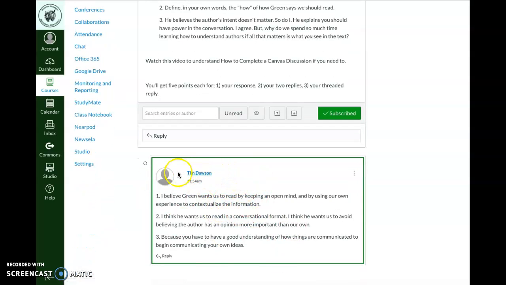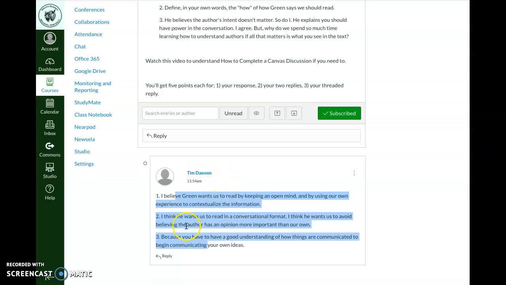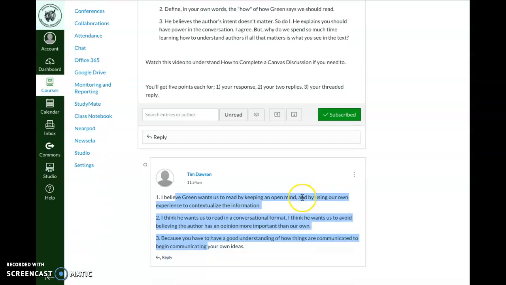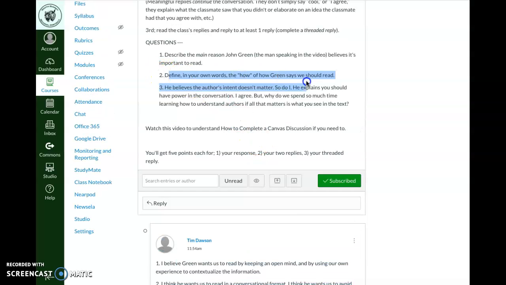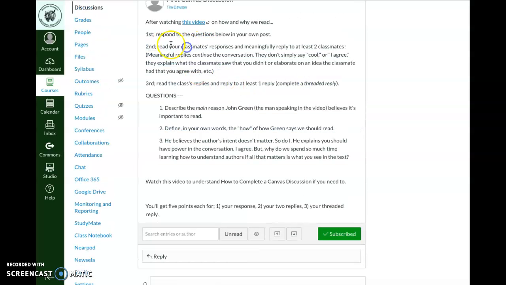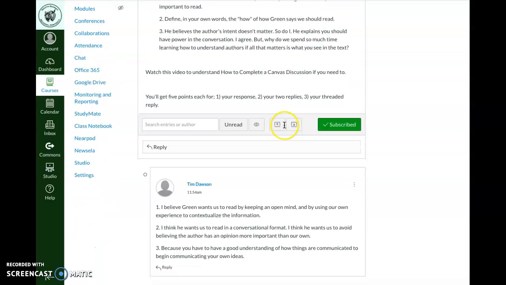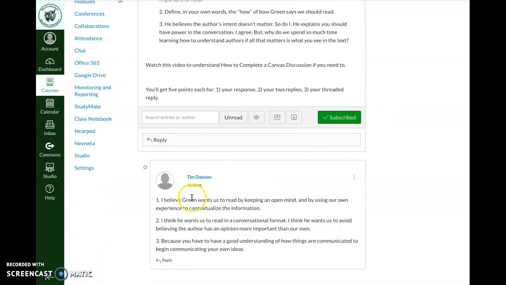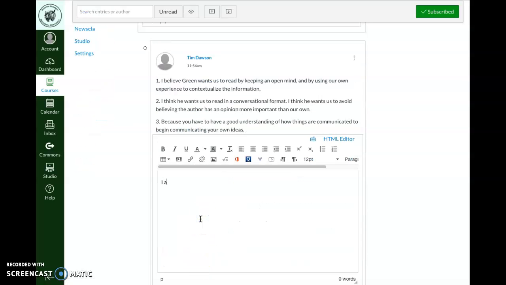Once there are more replies here, you'll see not just your response or the teacher's response, but you'll see all of them in here and you can scroll up and down. Again, that second step up here is reading all of those responses and replying to at least 2. So let's say I had 30 responses here and not just this one, and I picked this one as one of them. Replying to this, I agree with your number 2 answer because I think he wants us to talk back to the author,